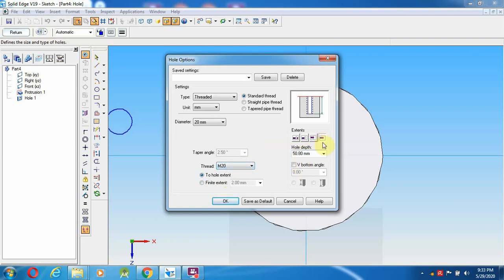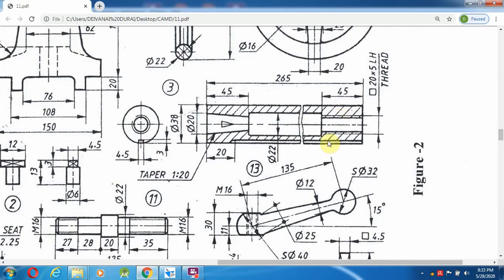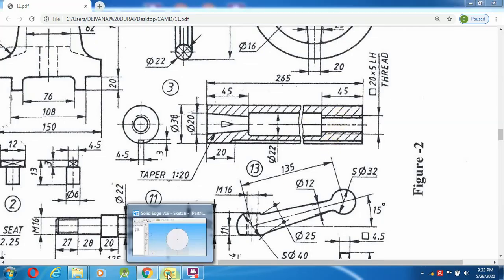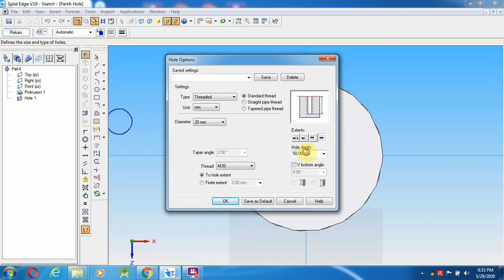Then select the finite extent up to 45 mm length, 20 mm diameter, and there is no requirement of V bottom angle.